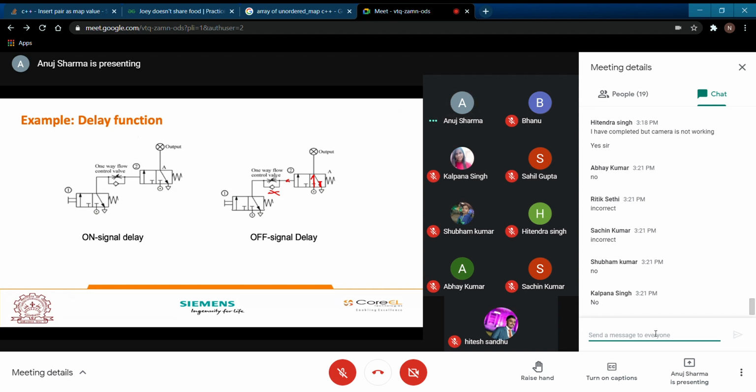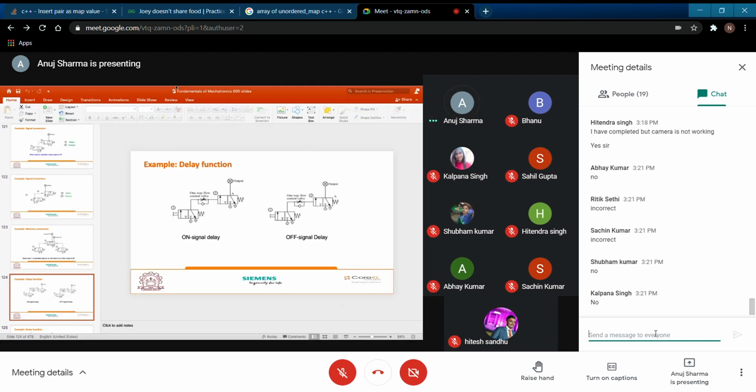So it is forced to travel through your throttle valve into the exhaust. And when there is a throttle valve involved, there will be a delay. So there is going to be an off signal delay.